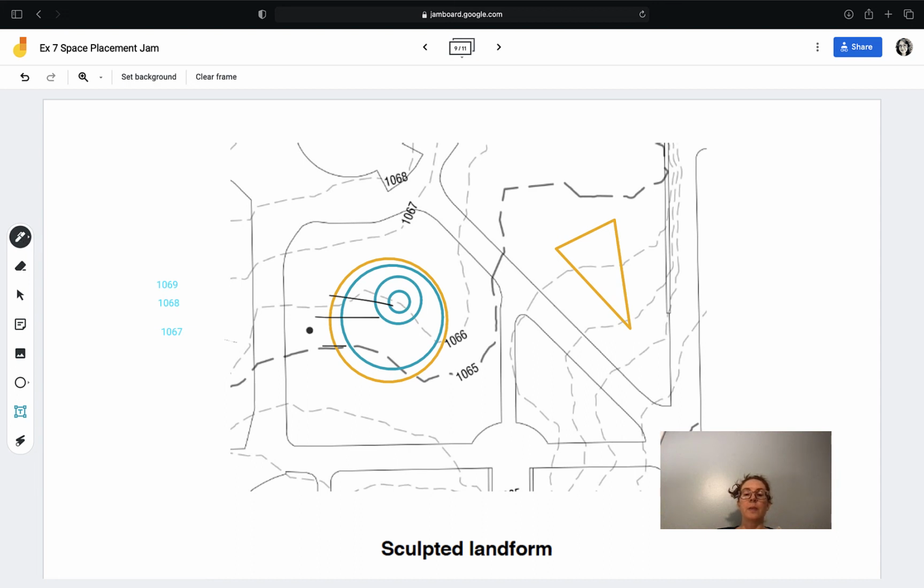So now, because I am having to push 1066 and 1065 down, I'm moving into the downhill area. I'm not moving into the uphill area. I'm filling. So I'm going to use this blue pen again, and what I need to do is think about where I'm going to be tying in. So I think I'm going to tie in right there, and I think I'm going to maybe come right around here because I want to kind of keep